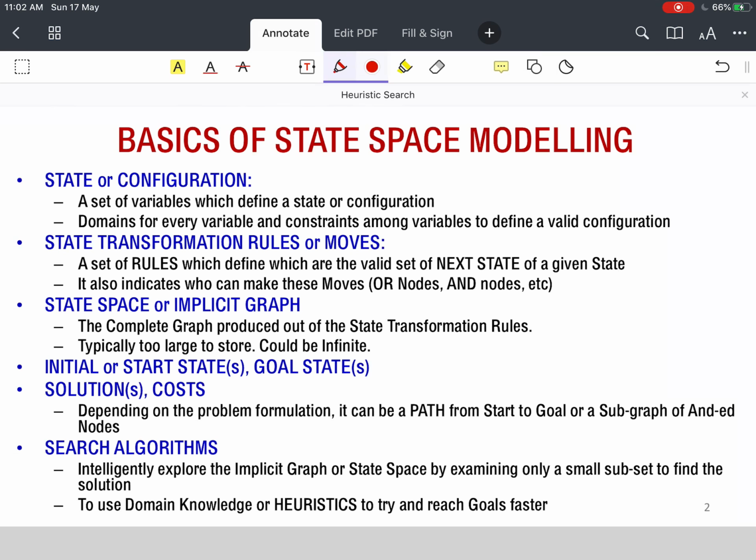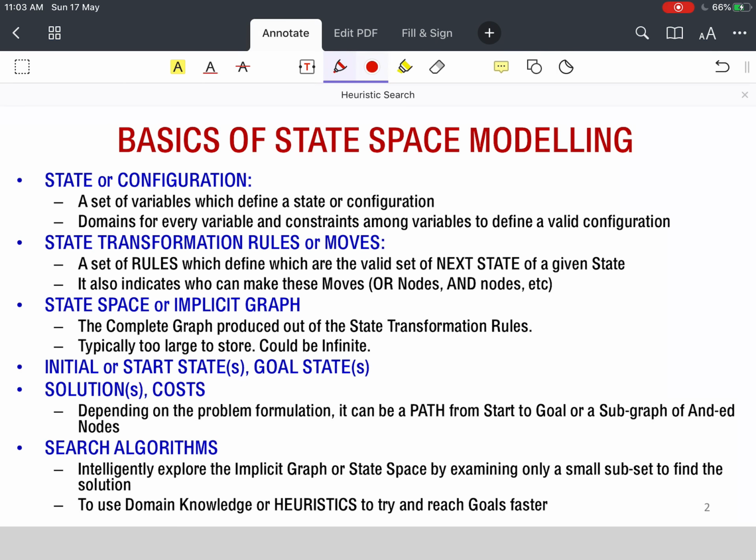Then, given any state as input, the state transformation rules or the moves are a set of rules which, given a particular state or configuration, produces the valid set of next states. That means, according to the definition of the problem and the implicit state space of the problem, what are the next states given a state?